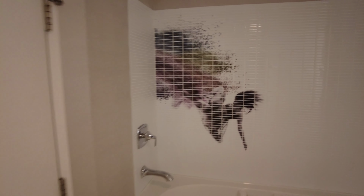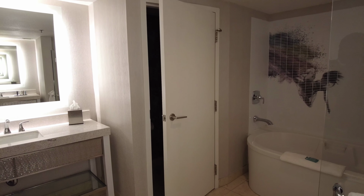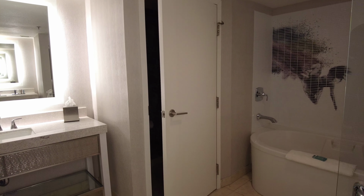And then one thing that's good about this bathroom as well is that you do have a private area for the toilet. So if somebody is using the toilet, they can just close this door and people can still come in and use the sinks to wash their hands. So this is the